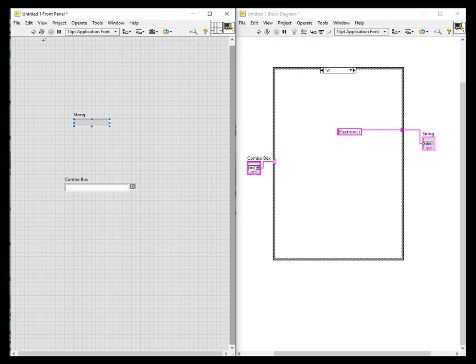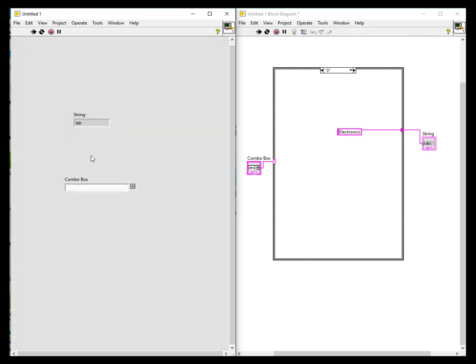So now I will run this program. Let's see what happens. I've run this program. So in the default case I had 1, and in the 1 I had lab. So for that my lab has been printed here. So 1 gives lab, 2 if I click circuit, and 3 if I click electronics. So this makes the case